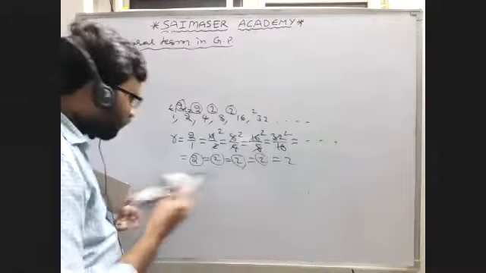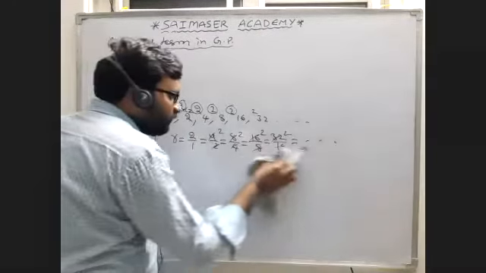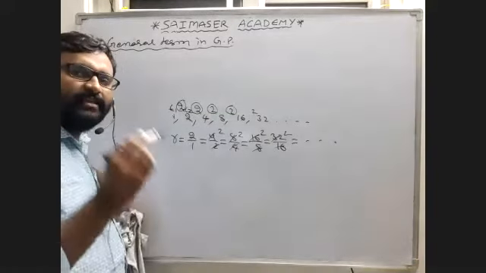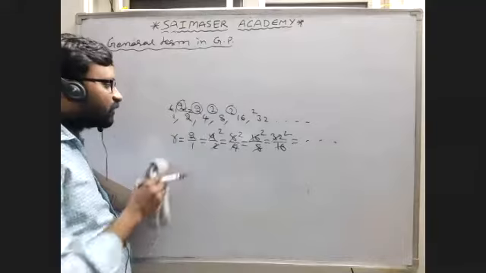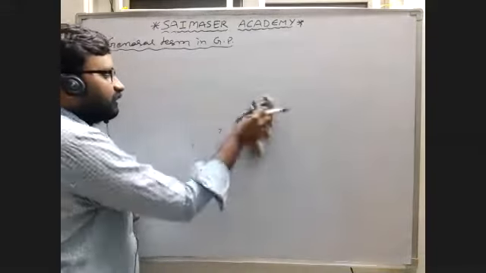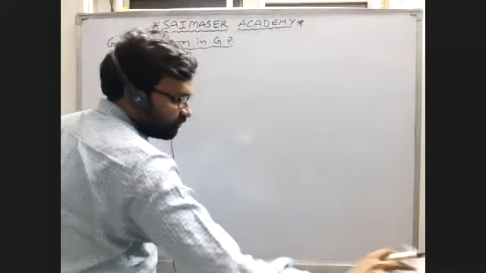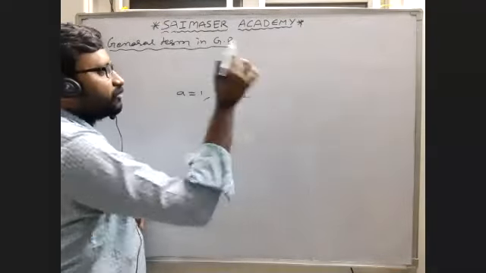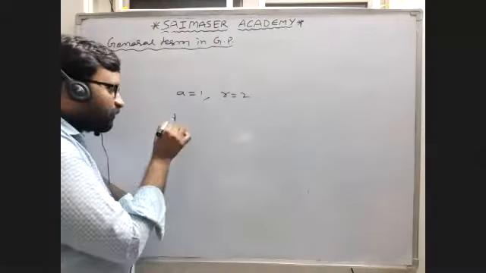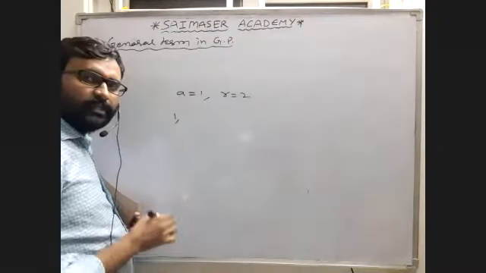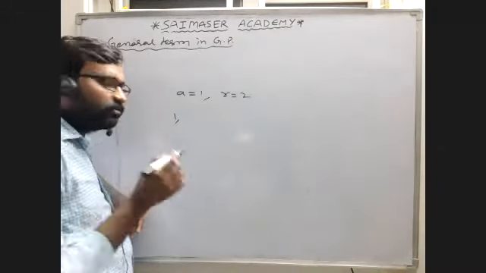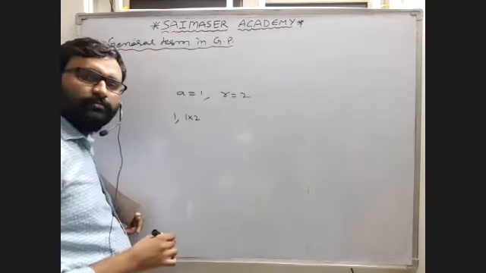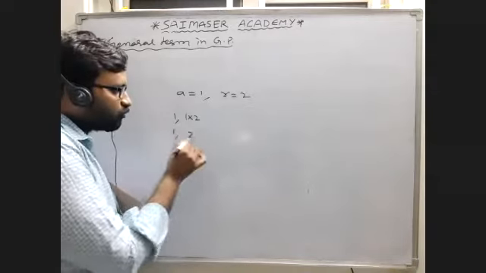So now what I am going to tell you is, if the common ratio is given, we can easily write the progression. How, sir? See, I gave you the first term A equal to 1, and the common ratio equal to 2. The first term is 1. Now, for the second term, what did I tell you to do? 1 into 2. 1 into 2 is 2.